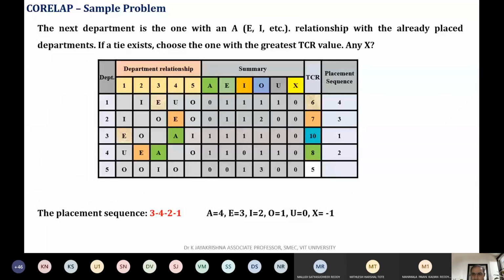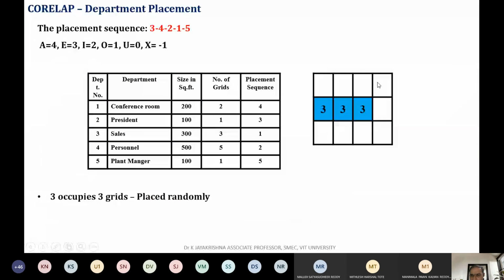Okay, so that's why if you take this matrix, this is the center point. Correct? This is the center point. So I'm placing department number 3 here, and I'm moving towards the western edge. You can ask me why I can't put 3 here, because the rule is to move towards the western side. This is the west side, so this is the east side. So when I'm moving towards the west side, I'm putting department number 3 here. Am I clear now?